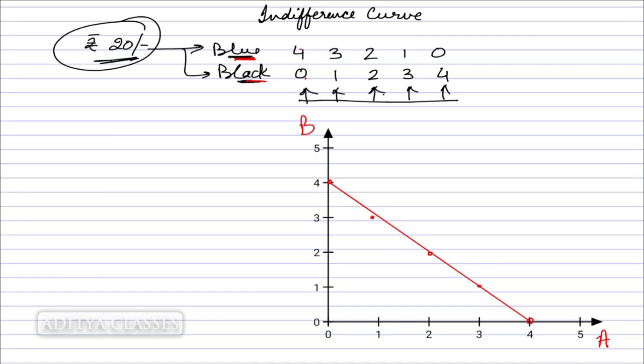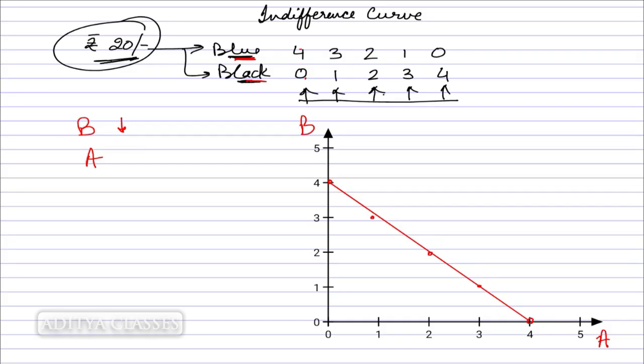To understand it very simply, marginal rate of substitution says that the amount of good B that you are ready to part with for getting additional A